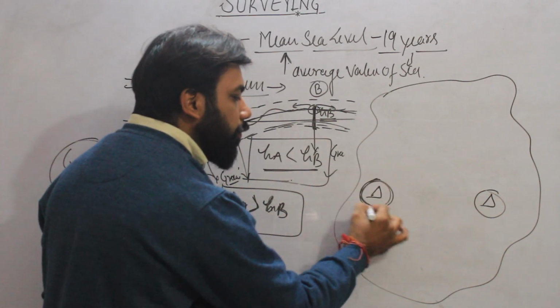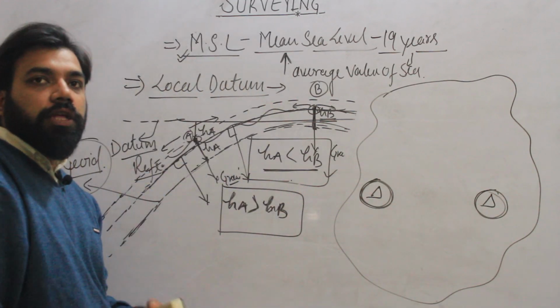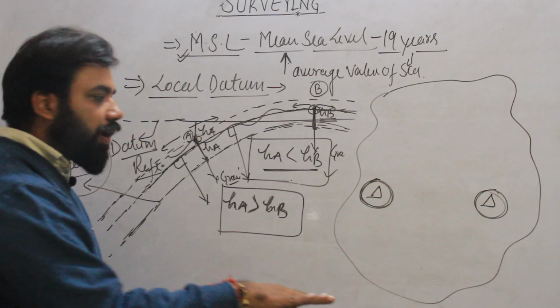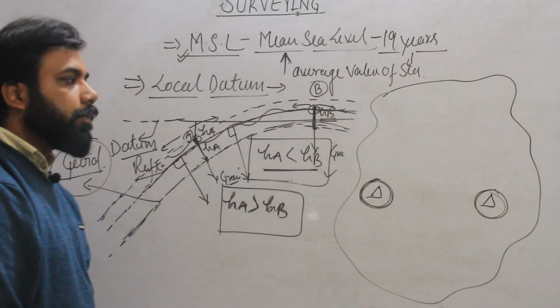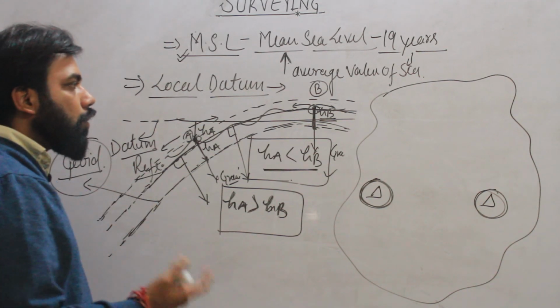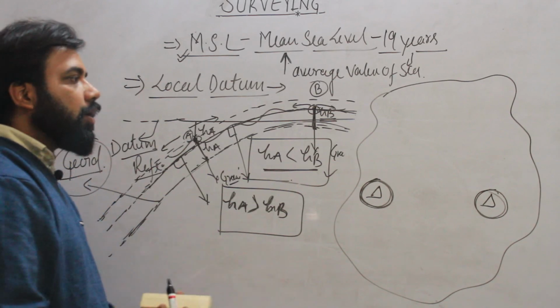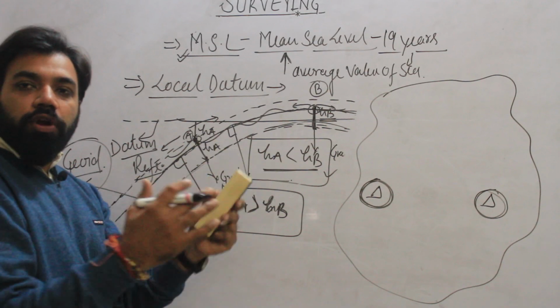That means we have established these points, or we have taken the elevation of this point, with the help of mean sea level. We have measured the height of this point from mean sea level, but it is very uneconomical,